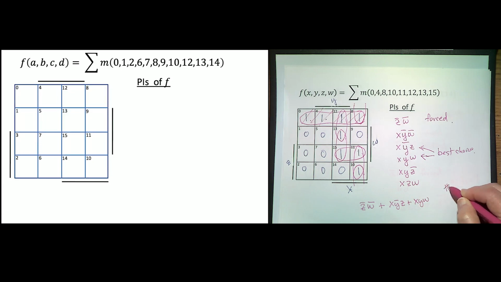So number of literals is 8. Okay. I do have one more, but I think you're probably exhausted by now. Any questions?